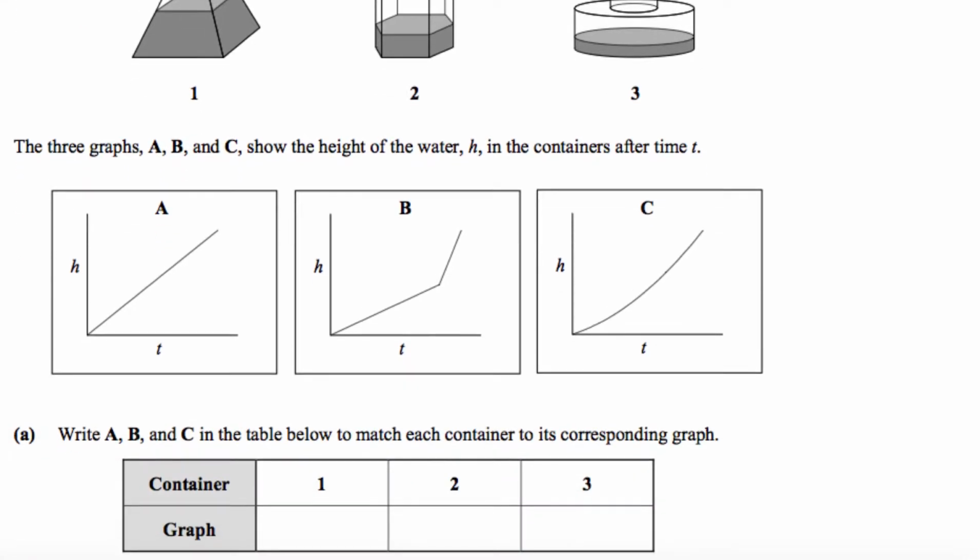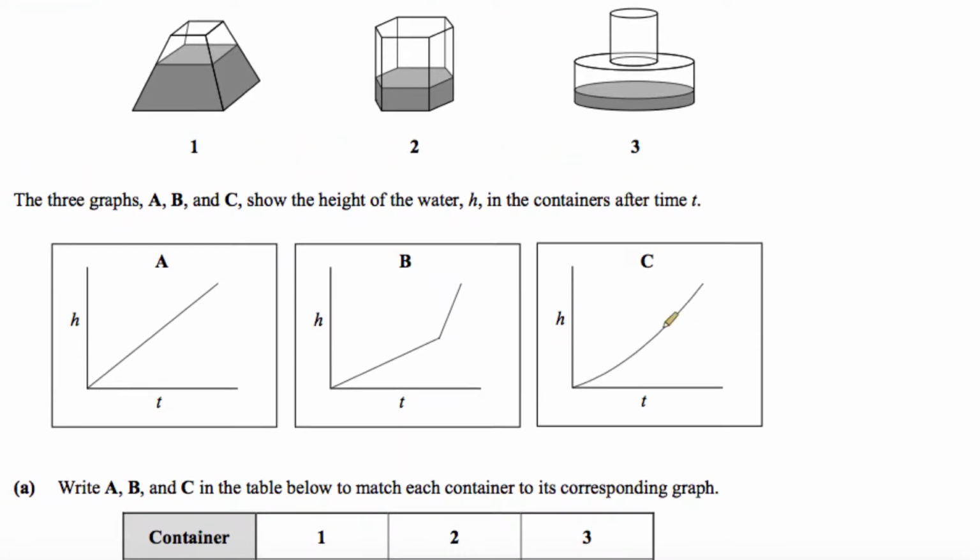Okay, so what are we asked to do? We're asked to write A, B and C in the table below to match each container to its corresponding graph. So we're matching the containers to the graphs. Okay, so